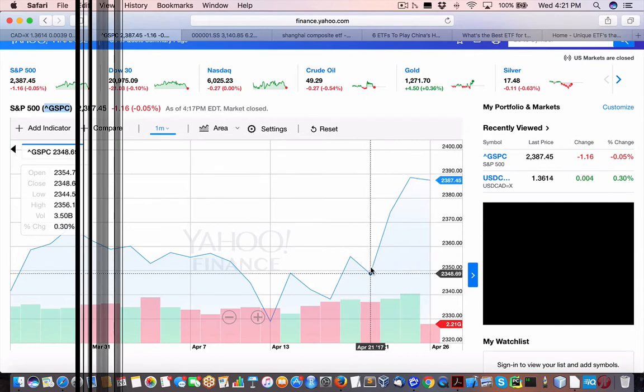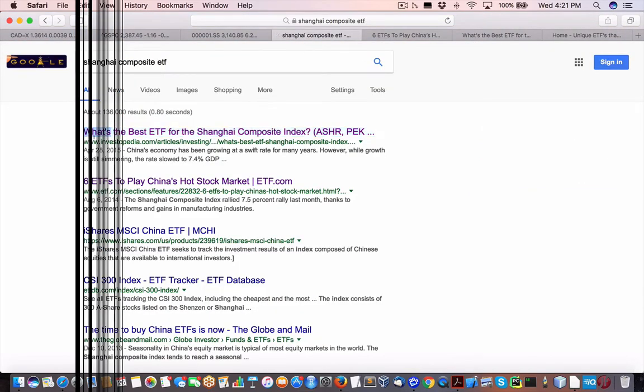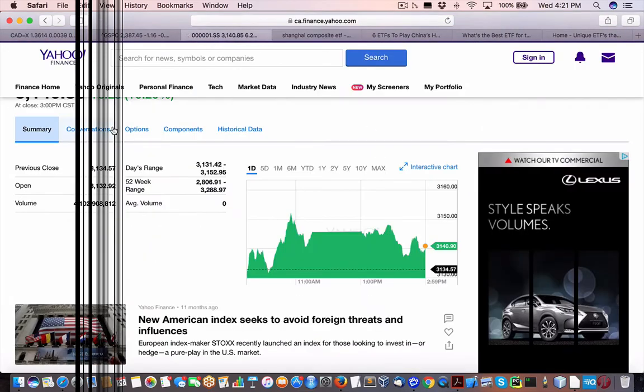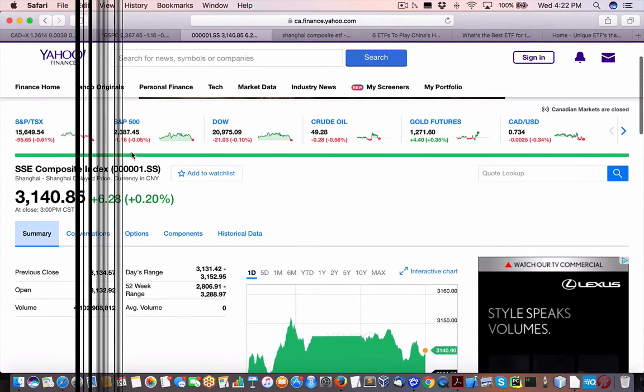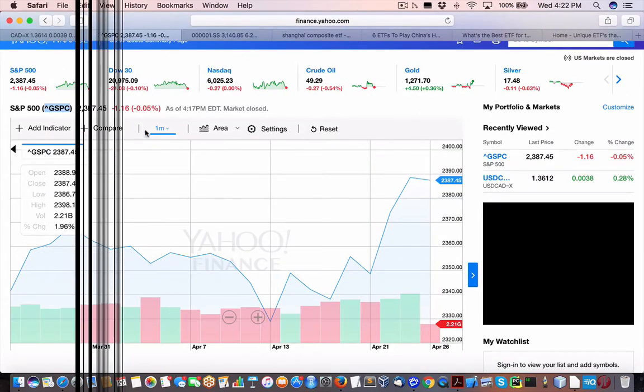Now it's range bound. So if I was to add that index, the Chinese one, this is again Yahoo, we are looking for where's our symbol name? This one right here. In China, they use these weird numbers, but if I do a compare on this,